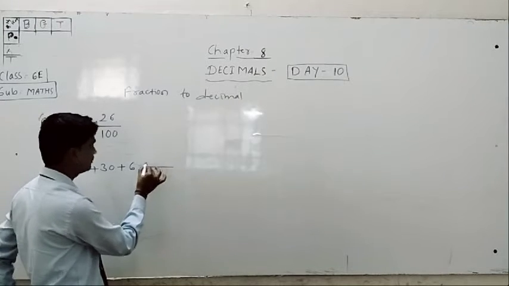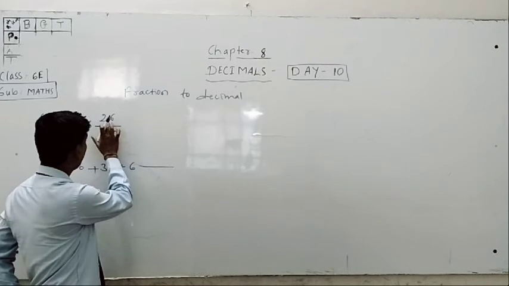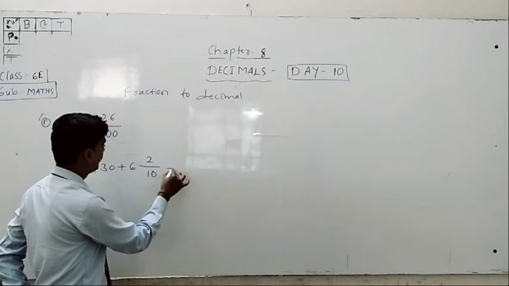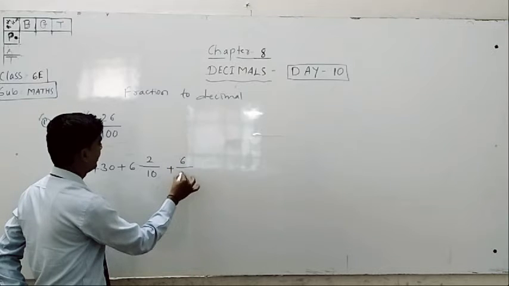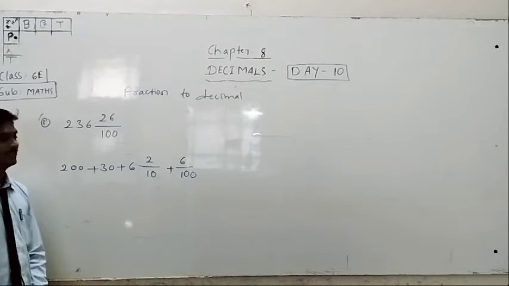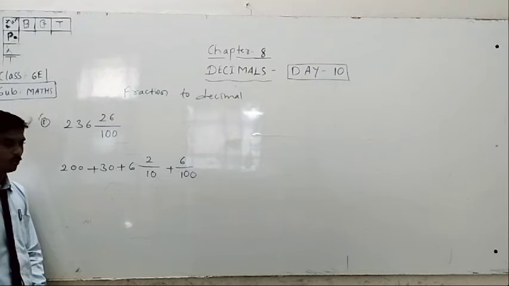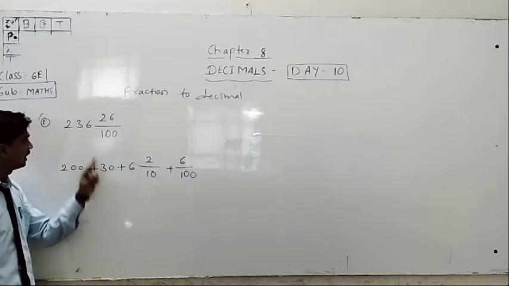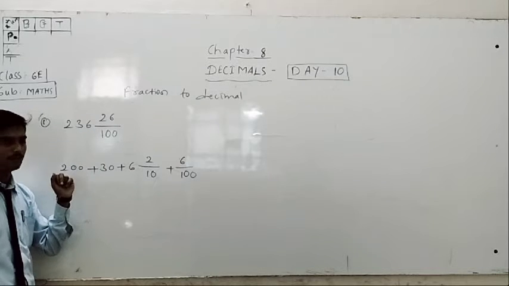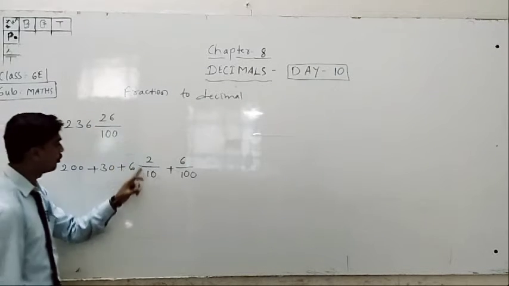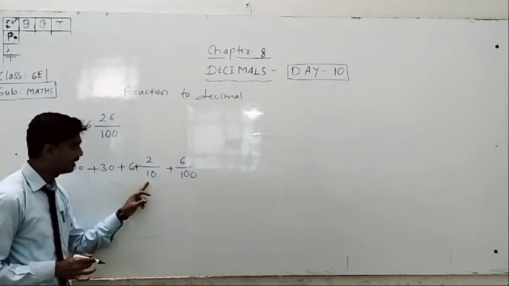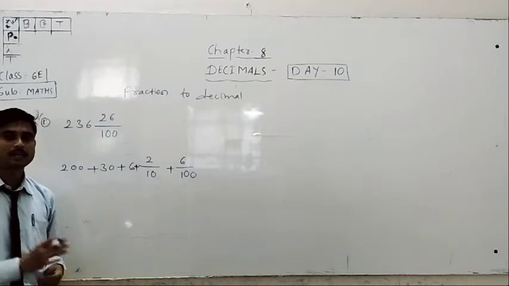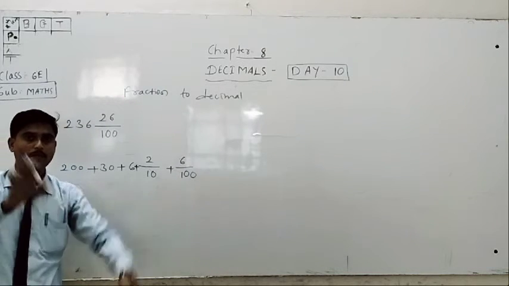Then to have the tens place, 2 by 10 plus 6 by 100. So what is this, sir? Because 200, 2's place value; 30, 3's place value; 6, place value. Then 2's place value is 2 by 10, then 6's place value is 6 by 100, because you know that yesterday the place value table of decimal numbers